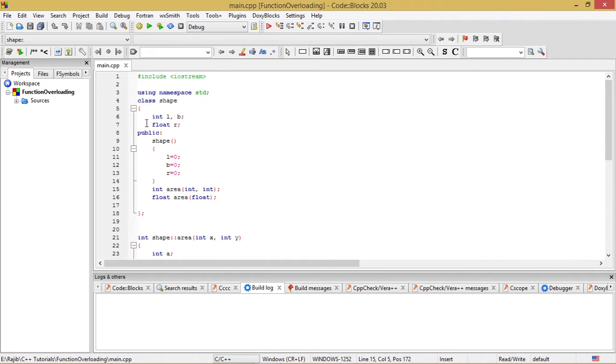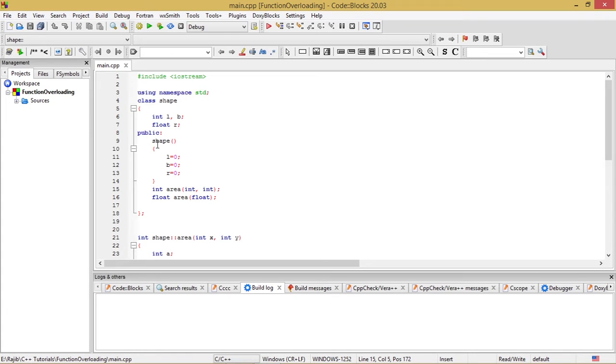So I have defined the function in this way. I have taken two integer variables, int l, b, and these are private data members of the class shape. And after that I have also declared one float variable r under the private section.